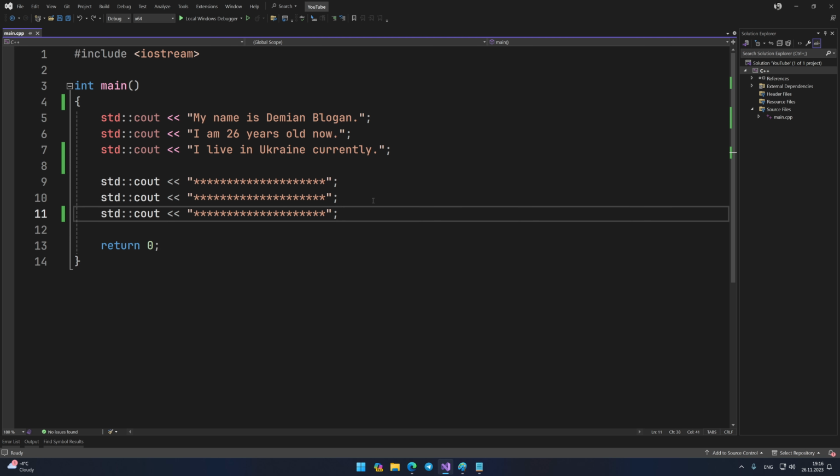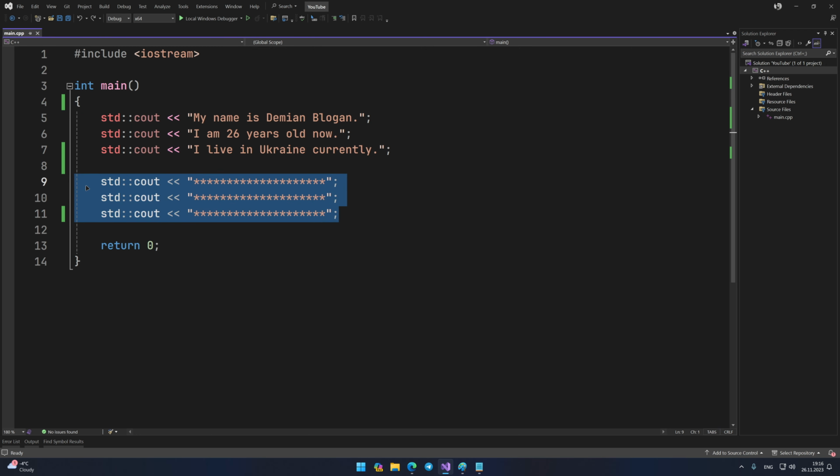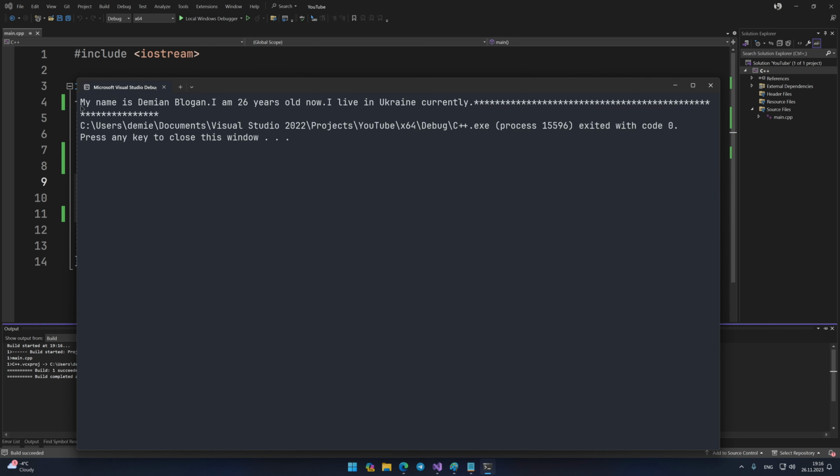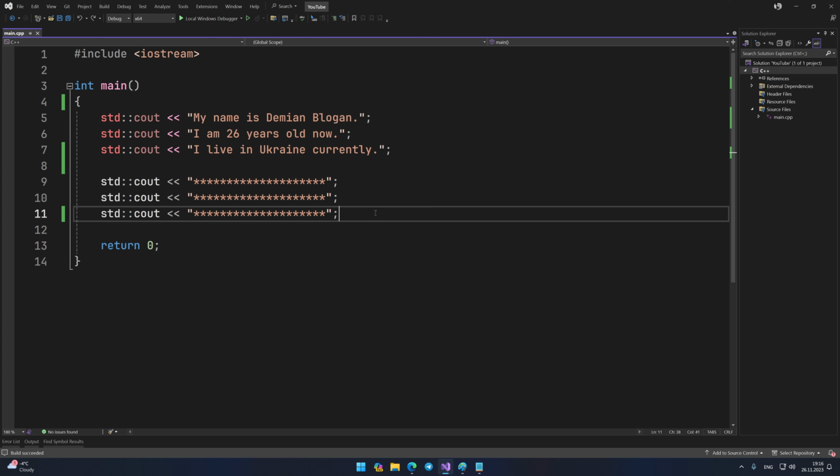In today's lesson I'm going to introduce you to the concept of escape sequences and show you how to use them. In the previous lesson we had a problem. We learned how to output text, but all we can do so far is output text in one line. Today we'll learn how to display text in several lines and more.